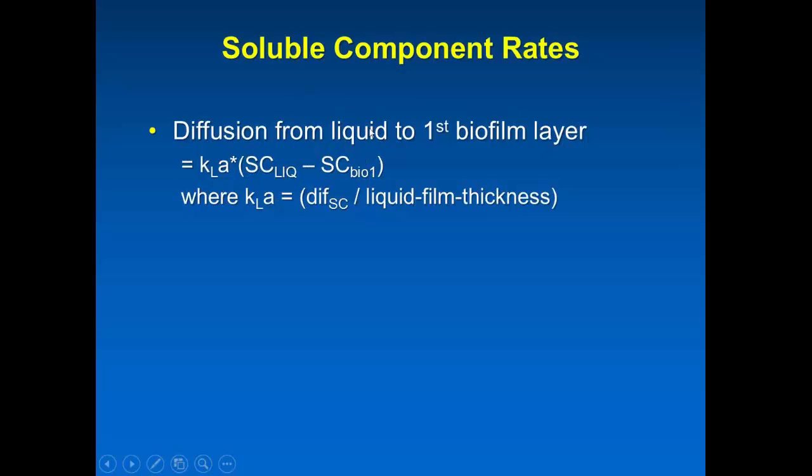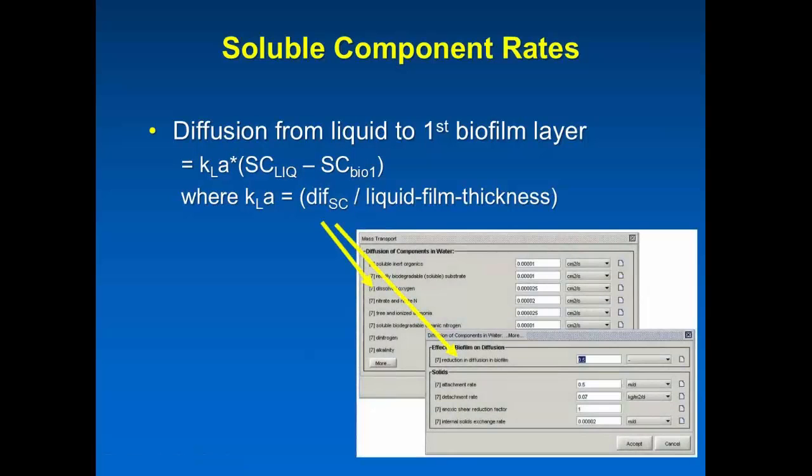So in this case, when we're coming from the liquid into that first biofilm layer, we take the difference between the soluble concentration in the liquid and that in that first biofilm layer times that mass transfer coefficient, and then we calculate a mass over time, how much is going into that biofilm. We calculate the mass transfer coefficient from these diffusion constants that are found for water, and then